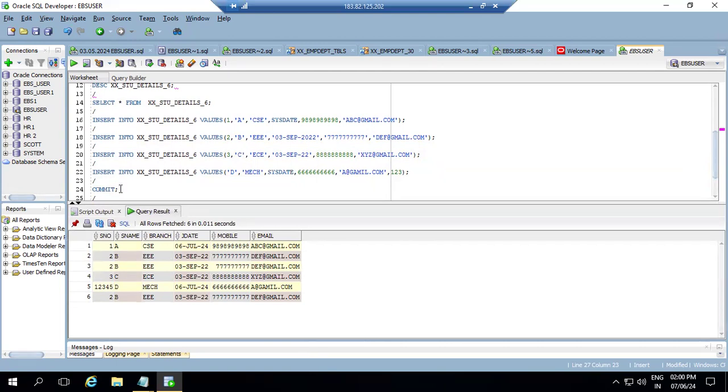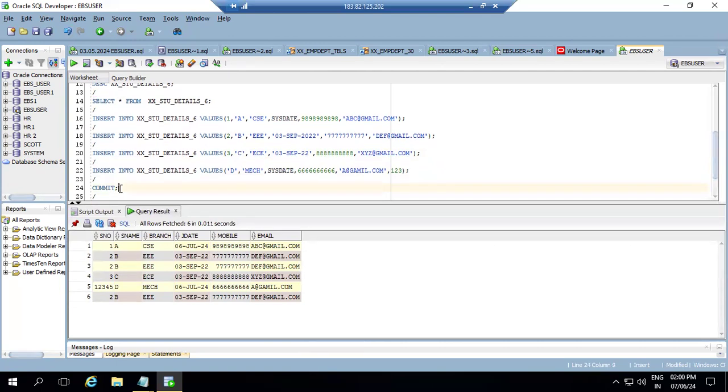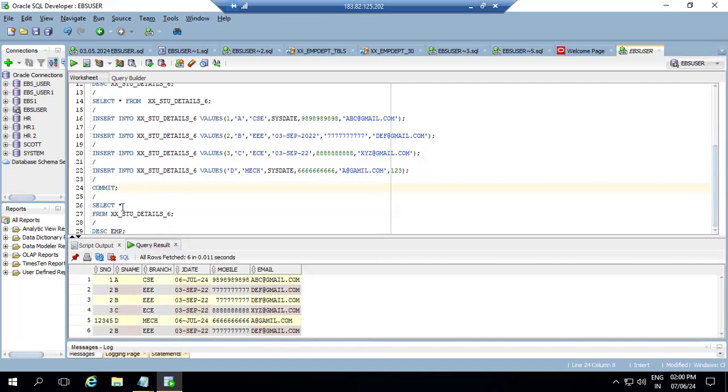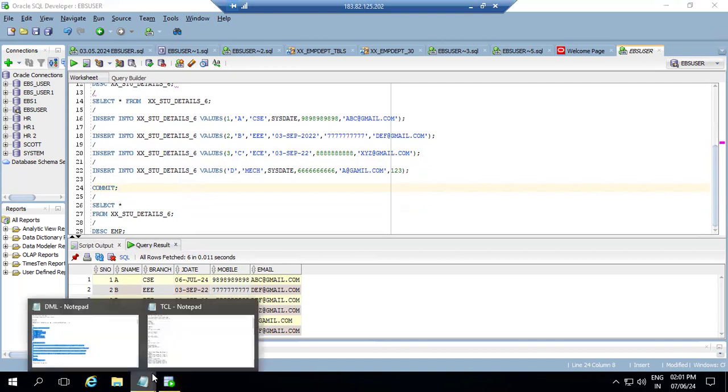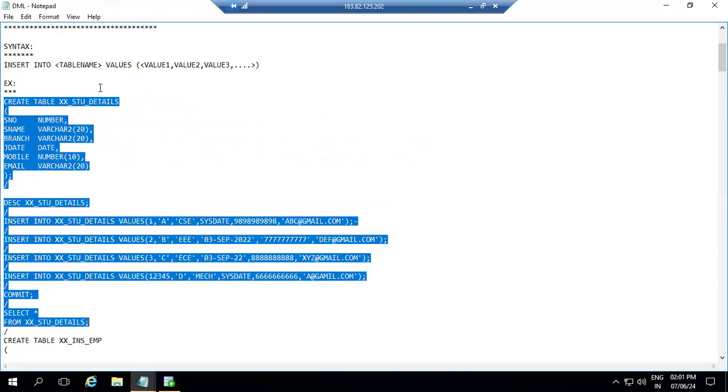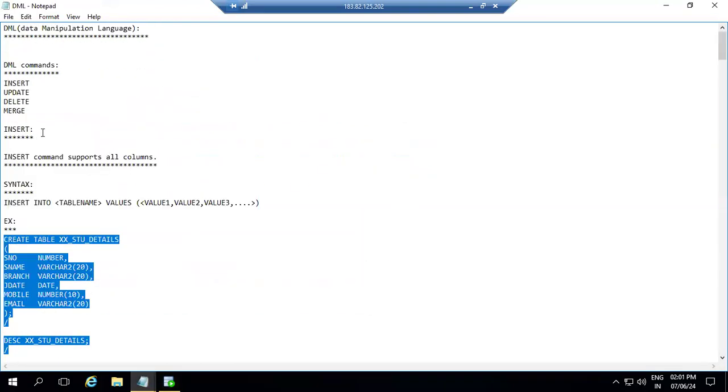So when we use this commit, that means it will be saved into your database permanently, right? So every time we need to use this commit command under our DML operations. Not only for insert, it is for updation also. It is used for delete also. Under those types of commands, under data manipulation language,